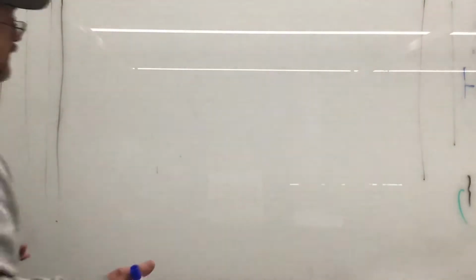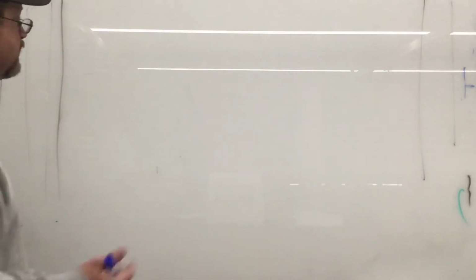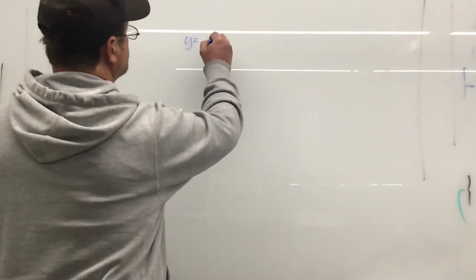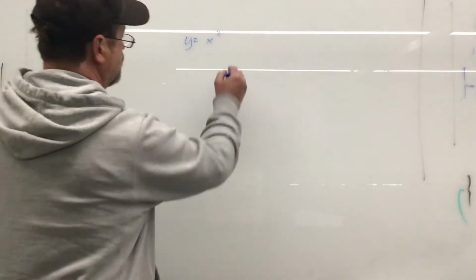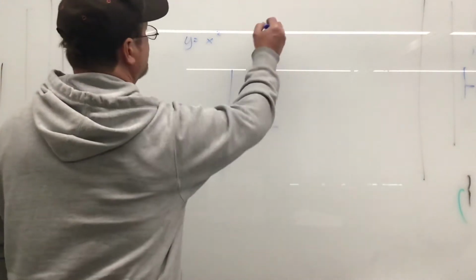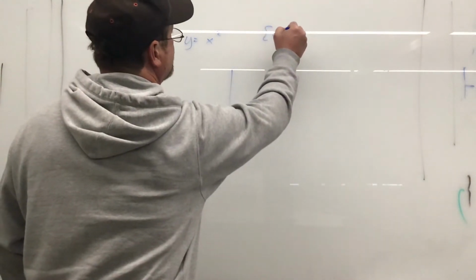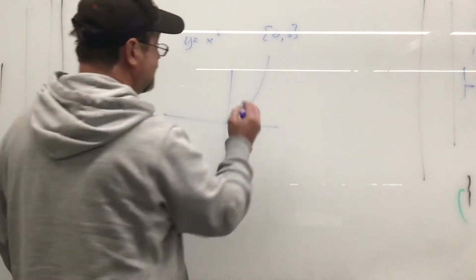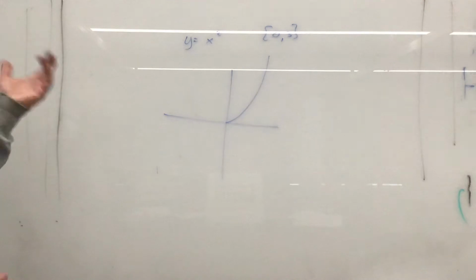The other thing that can happen with these functions, I've rotated everything so far either around the x-axis or around the y-axis. I could rotate around x equals 1 or y equals 3 or something like that. I can take a function like, let's say I've got y equals x squared again. Well, we know what that looks like, and I'm going to restrict this and only go from 0 to 3 this time. So it's something like this. And what I said before is, well, I'm going to rotate that around